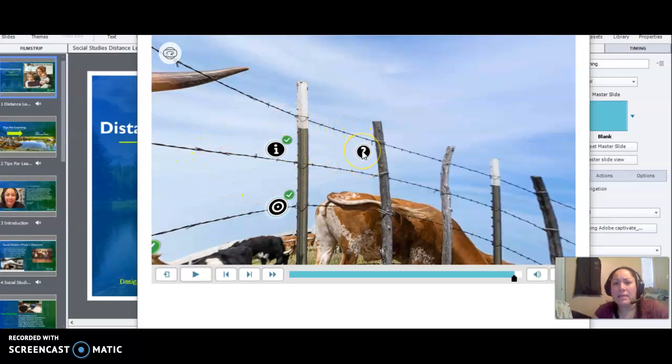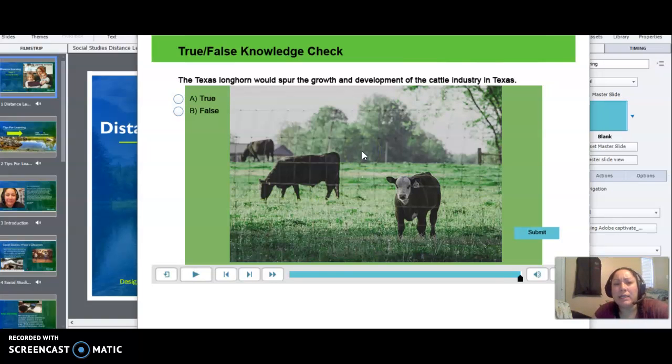So once they click on that knowledge check, it's going to take them directly to the slide that is a true-false knowledge check. So they'll read the information, click their answer, and if they get it correct, it'll move them to the next slide. If they don't get it correct, then it'll give them a little yellow text box that tells them to click anywhere to try again. So then they can go back and go to the virtual reality slide and reread the information and then come